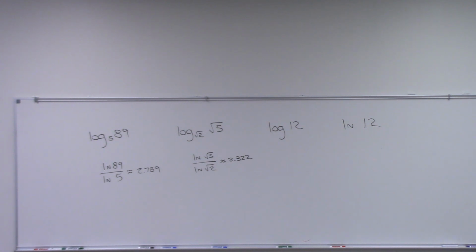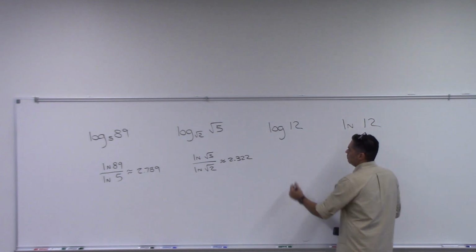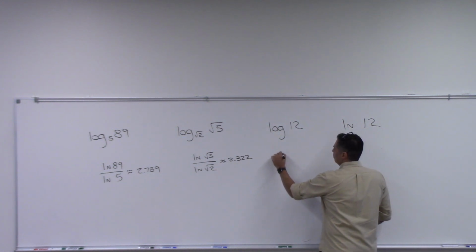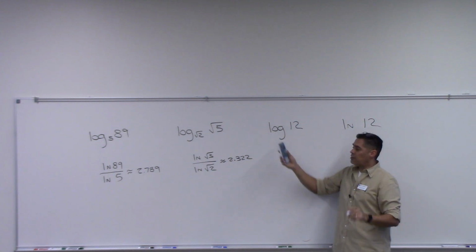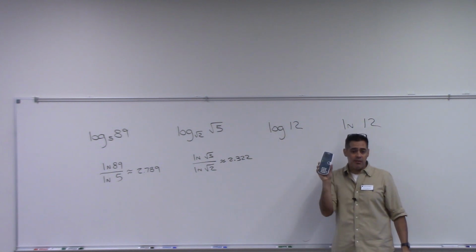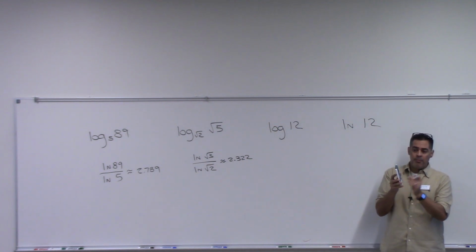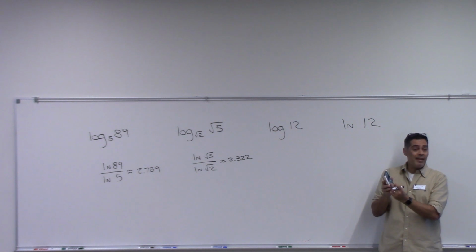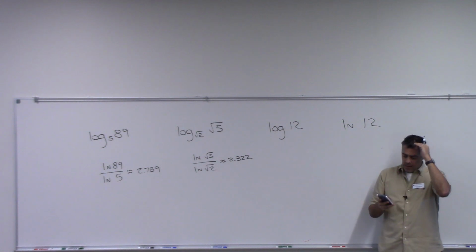How about this one? What am I going to type in my calculator here? Well, it depends on if I have a log key. Some of you actually have a log key on your calculator as well. I know this one does. This particular calculator has both of the special functions. It has the log and the natural log. So if I had this calculator, I would just type in log of 12 and be done. When I type that in on my calculator,